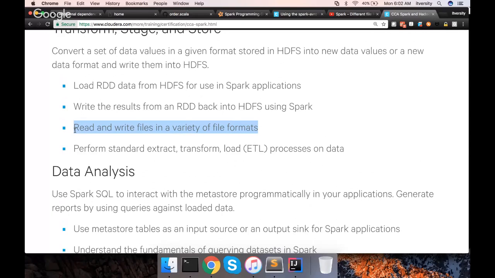If you go through my earlier CCA 175 curriculum, even as per the revised syllabus, I mentioned that it will be important, but I haven't gone into too many details. But now I got feedback from some of the folks saying that writing files in a variety of file formats is important, and they started getting questions on different file formats and, more importantly, compression. That being said, I decided to create this video, and I will add it to the CCA 175 playlist, and also try to create a chapter in the CCA 175 course, which I will be publishing very soon.